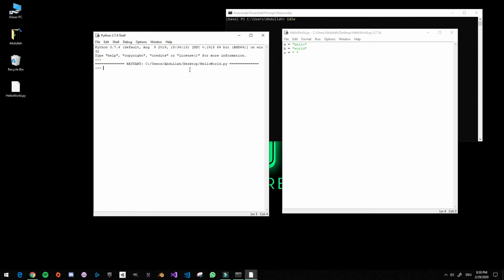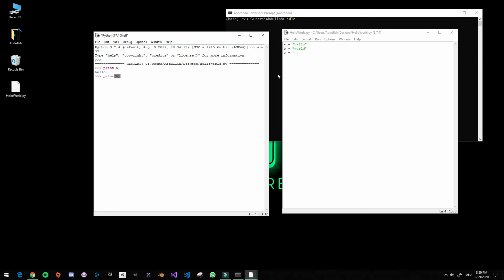Anyways, so now I'm gonna use a function called print. So don't worry about the word function. I'm gonna explain function to you in the future. Print, and this function, what it does is it prints something for you on the screen. It gives you an output. So I'm gonna print the variable A, and I'm gonna get the value hello. It's because I saved in variable A hello, and I'm gonna print